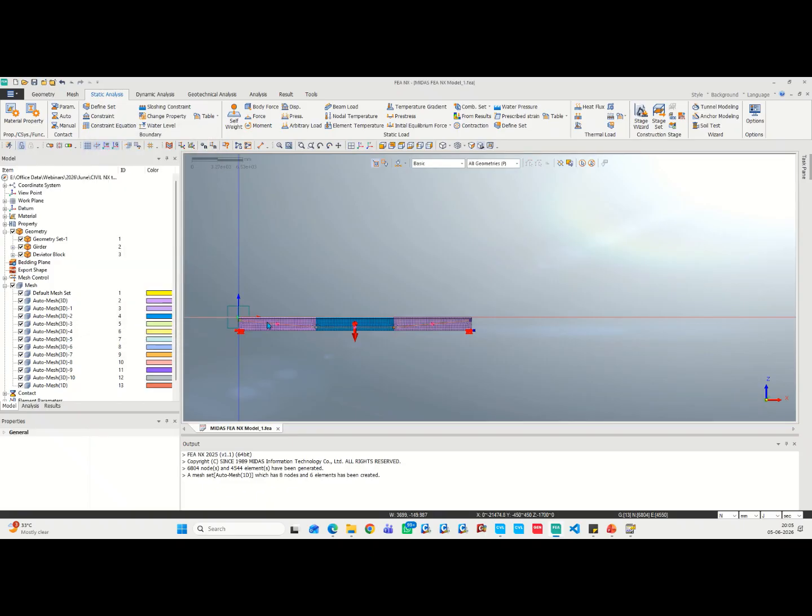Now we need to consider the rigid link which will connect between the deviator blocks. So here, from the mesh, we will remove this particular automesh 3D and activate only the deviator blocks. Even this 3D we can turn off, so that it will be easy for the application of this particular